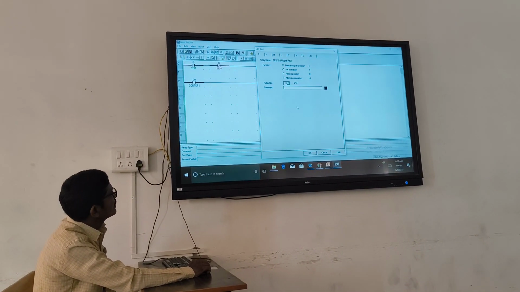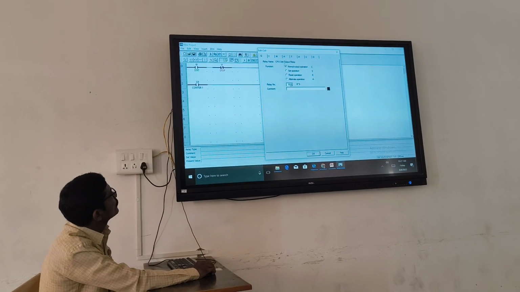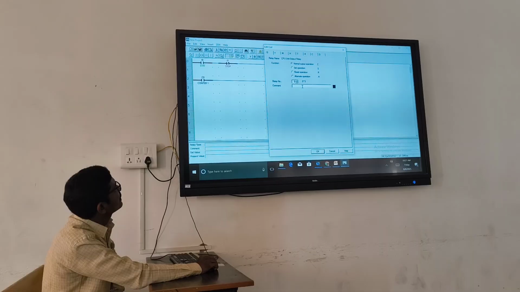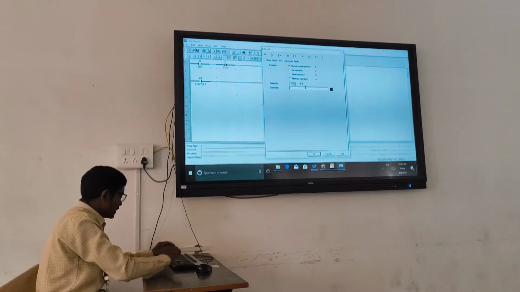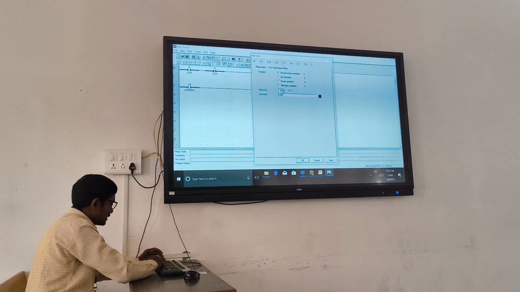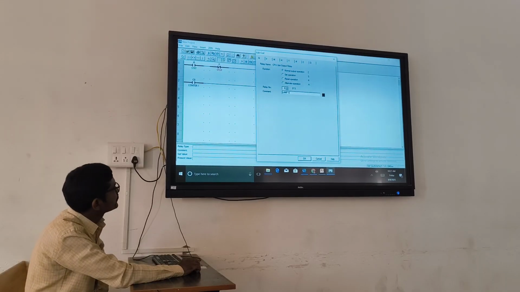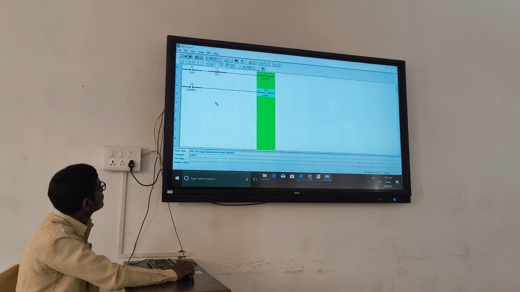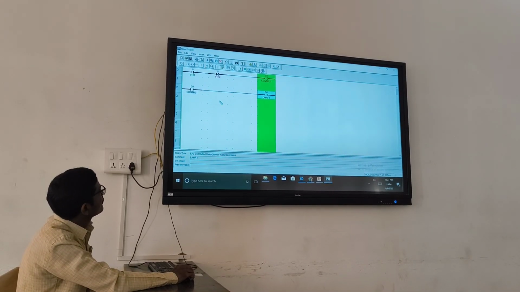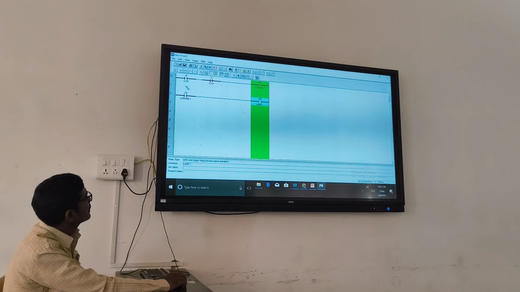The output we have chosen as Q, that is a CPU unit output relay. This is a normal output operation. Here we are using a lamp as the output, Lamp 1. This is the simple counter instruction we are using here.